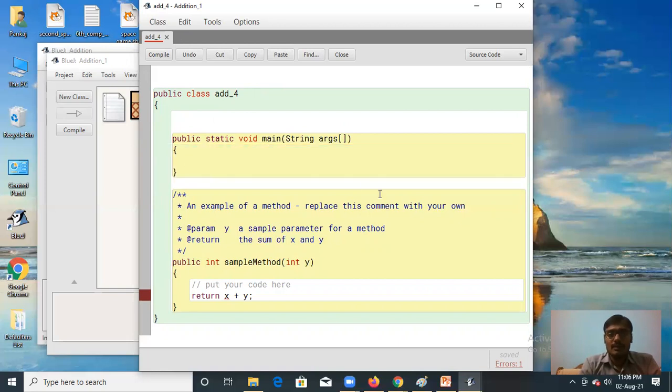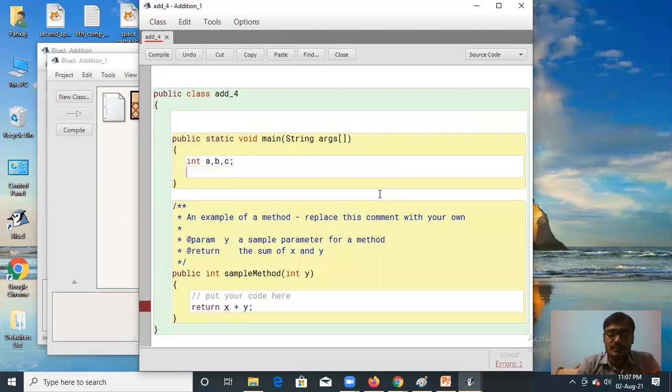Suppose in this program, I am going to add 2 numbers. Okay, so I am going to initialize int a, b, c. I've taken 3 variables. Now I will assign some numbers.